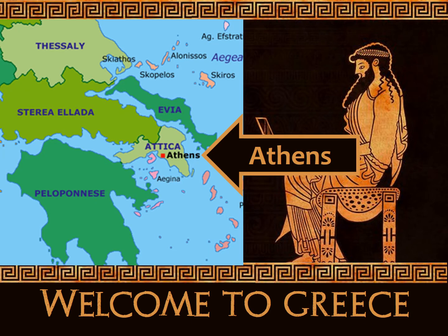So if Sparta, your kind of psychotic gym lads, are the traditional power in Greece, the biggest military power, then Athens are the new hot rivals. These are the up-and-coming state, and they could not be more different to Sparta. Athens is a fast-growing, vibrant city. It's wealthy, it thrives on intellect, it thrives on the pursuits of the mind, whereas the Spartans are very, very